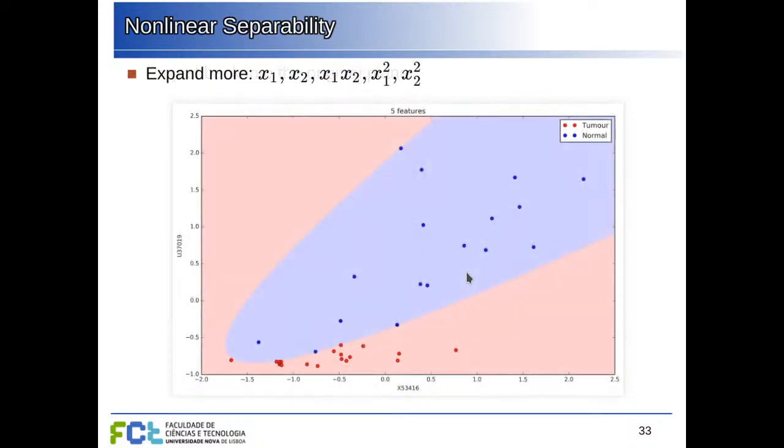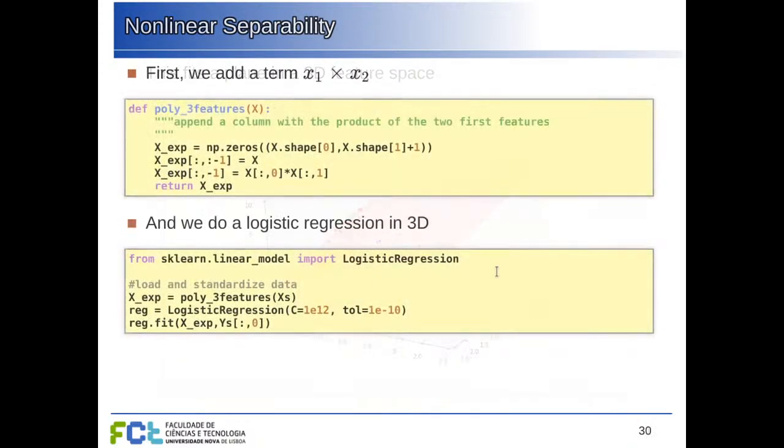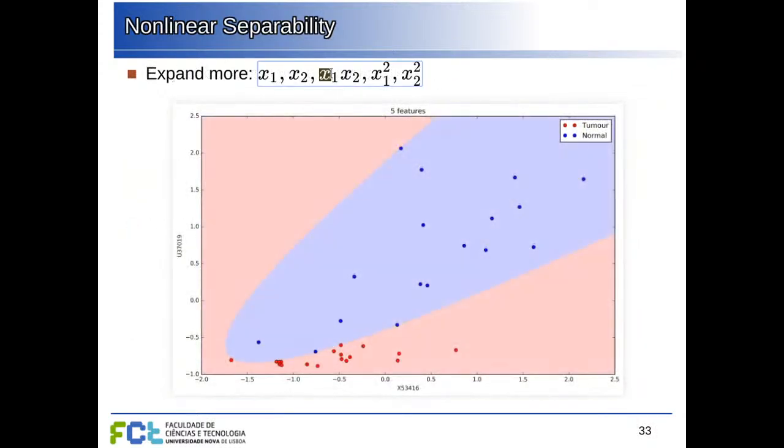And we can do this with more features. So just changing the code here, expanding with more features, we can add, for example, not only the product of the two, x1 and x2, but also the square of each of them. And now we get 5 features, and we are doing logistic regression in a 5-dimensional space. It's still a linear classifier, but now it's classifying linearly in 5 dimensions using the twisted set of data that we create here. And now when we project it back to our original space of 2 dimensions, the frontier has this form here,